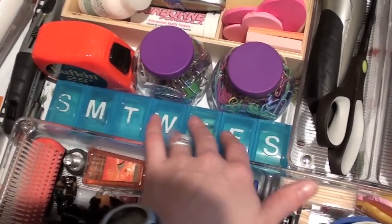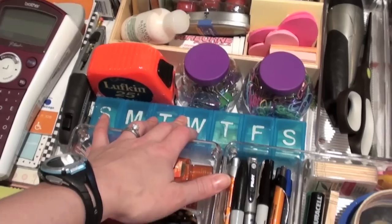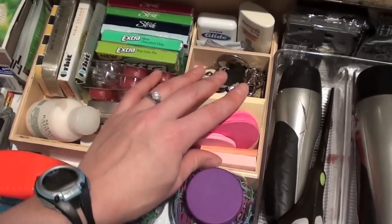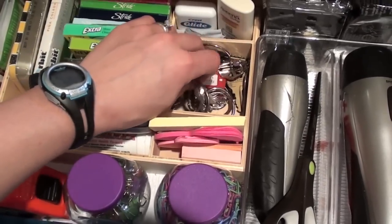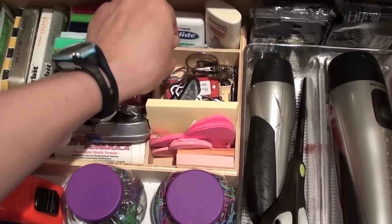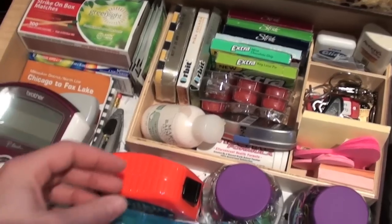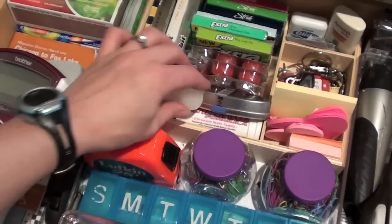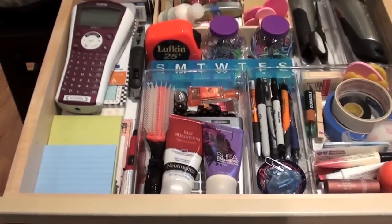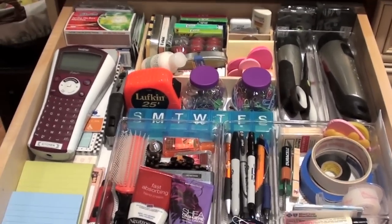I have my pill box with all my daily supplements, and I refill it once a week and just keep it here for easy access. Tape measure, binder clips, paper clips, smaller sticky notes. These are extra key rings and keys. Sunscreen, floss. This is a cleaner for a screen like an iPhone or an iPad. Backup gum and mints and cough drops and face cream just in a pinch, and some Airborne. So you see, this is just sort of random stuff that you might need in the kitchen,